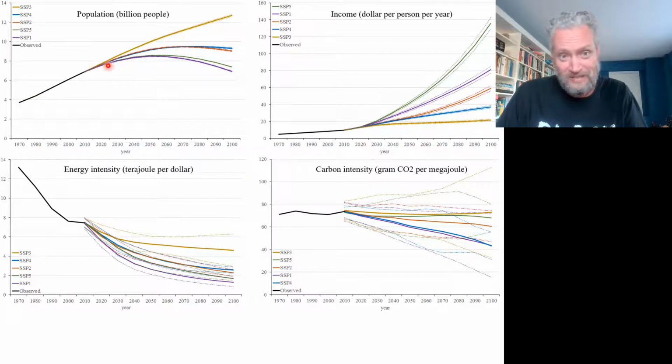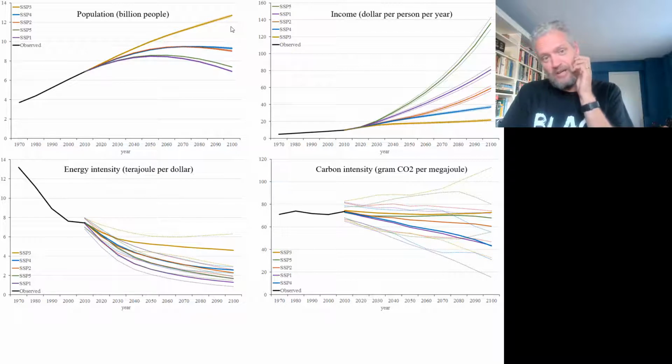And what you see is that there's 3 alternative scenarios. So this is the past, and then in some scenarios population peaks at 8.5 billion. In other scenarios it peaks at 9.5, and sort of stabilizes. In the first set of scenarios it goes down, and in this scenario it actually continues to grow up to 13 billion people. There's now roughly 7.5 billion people on the planet. So these are very, very different futures.